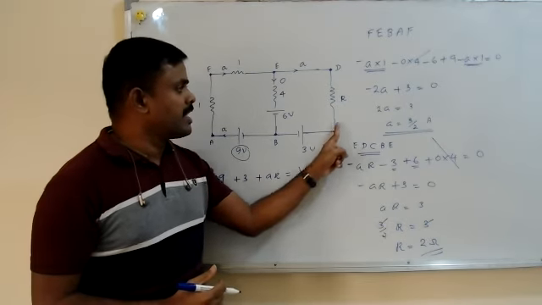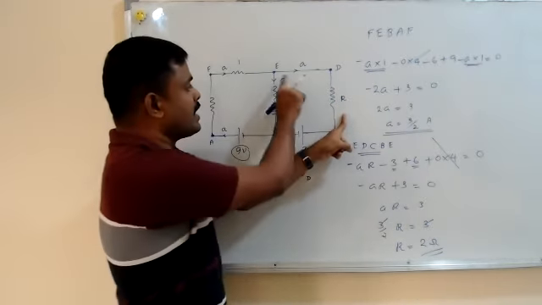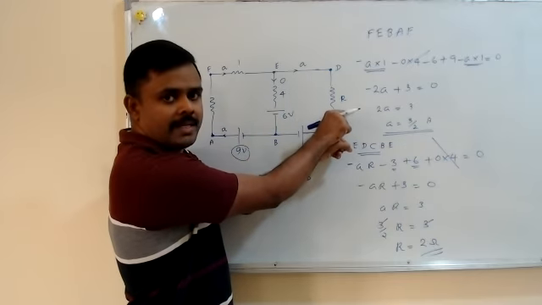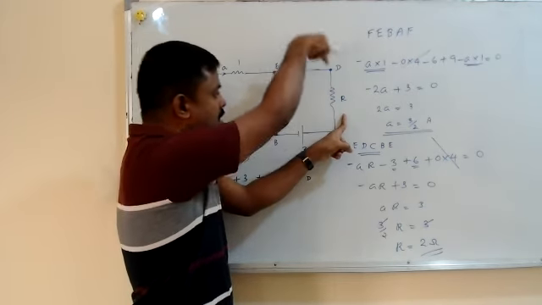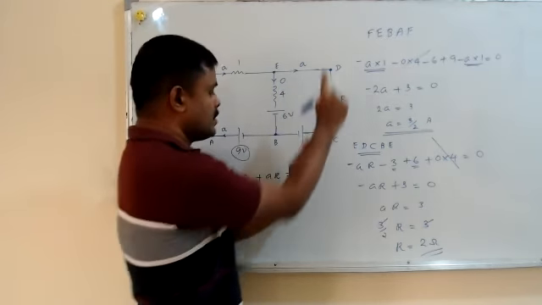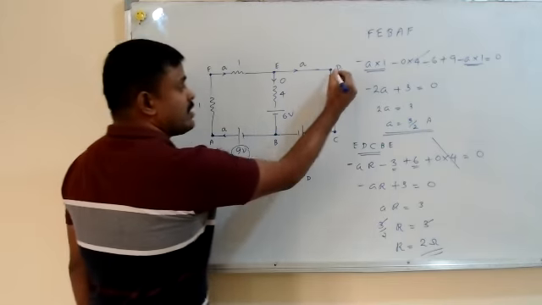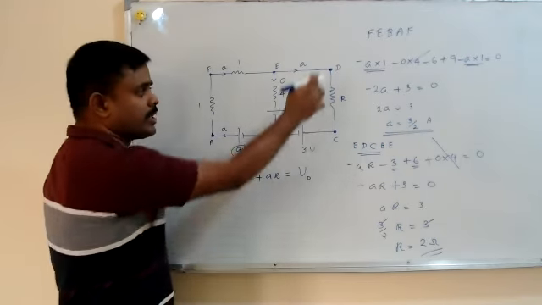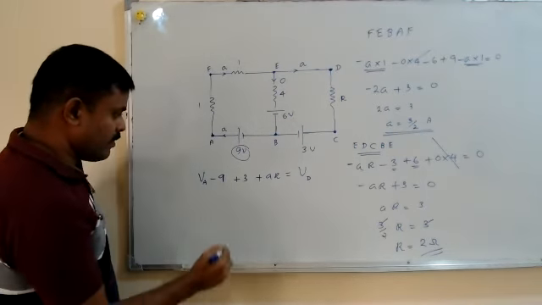Then as I move forward, I see the resistance, right? So there the current is A, no? The current is A in that branch. A into R. The current is coming down while I was moving up, so it is plus AR. Now that you reached D, you can close the equation, VD. Tell me what you got now.